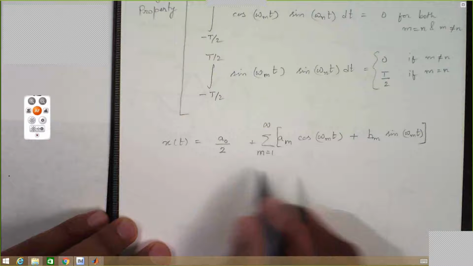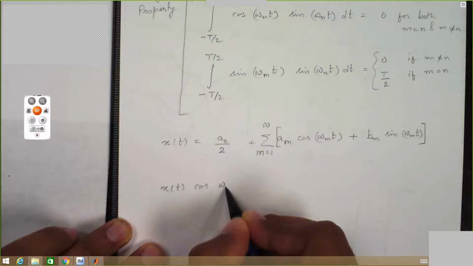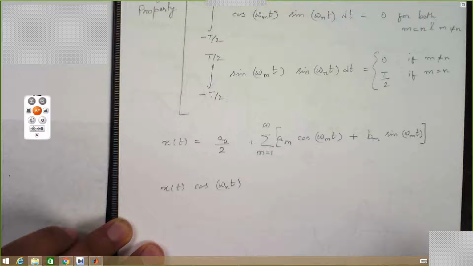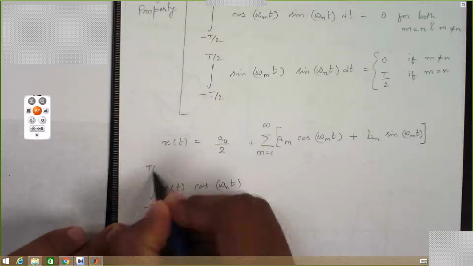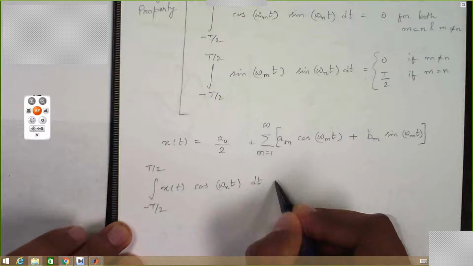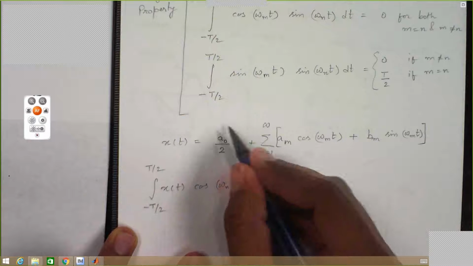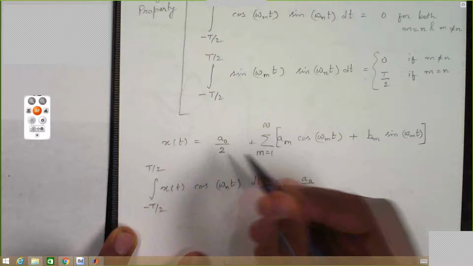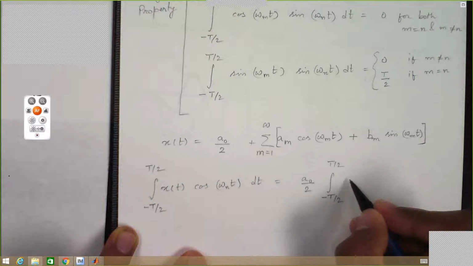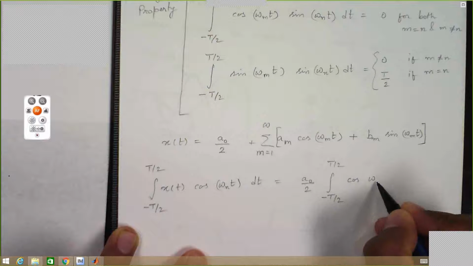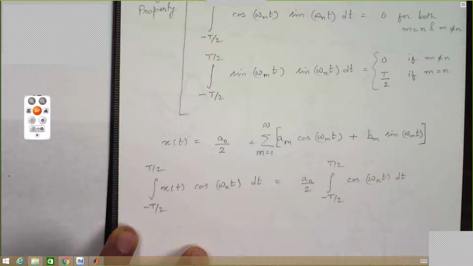Now, let's multiply both sides by cos of omega nt, and then integrate from minus T by 2 to T by 2. What does that give us? It gives us a0 by 2. This term is not dependent on time, so we can bring it out of the integral, minus T by 2 to T by 2, cosine of omega nt dt, plus